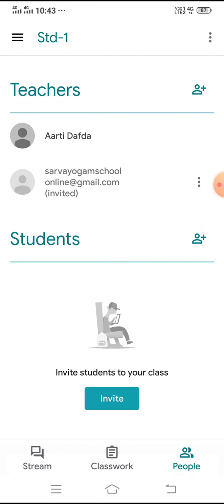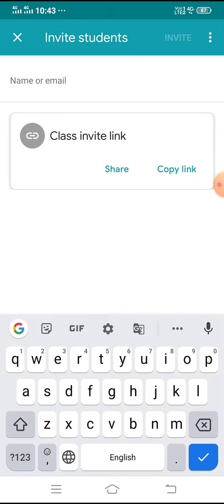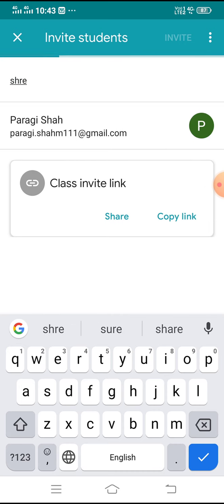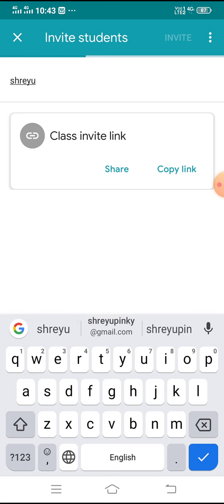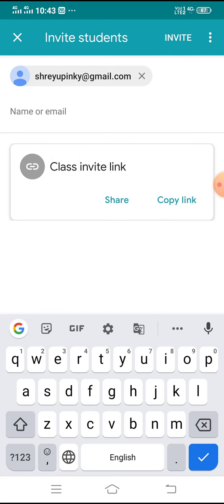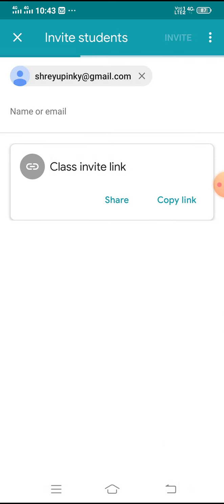And if you want to invite any student, the same process, click on the plus icon beside the students. Write your student's email ID and click on the invite.